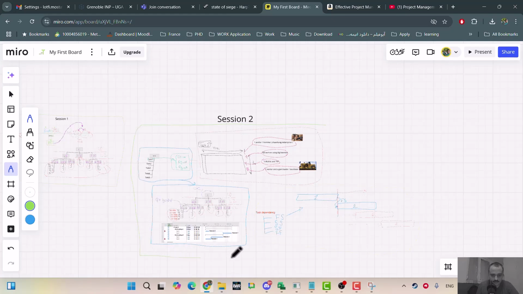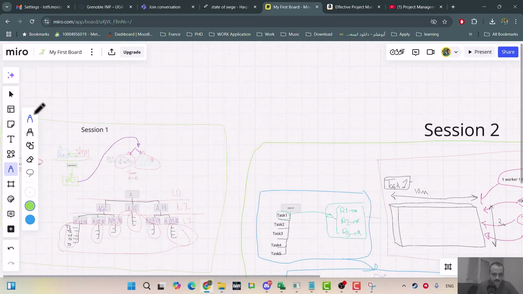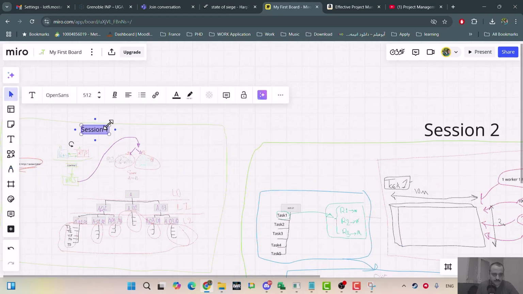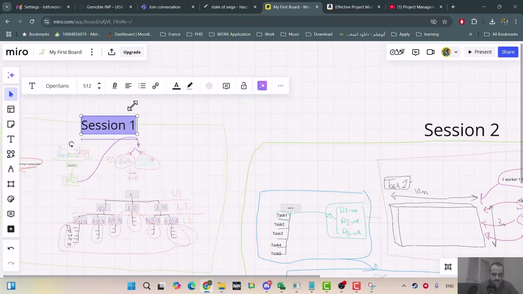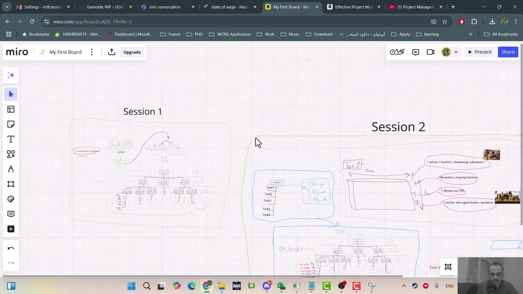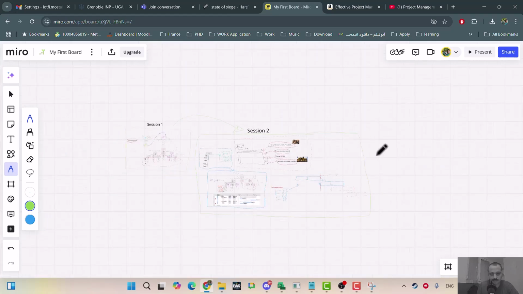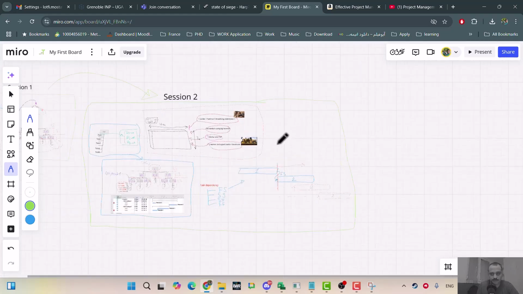Okay, this is session 2. Maybe increase this one also. This one was session 1. Okay, if you need the file I can share it with you, but I found this tool very handy and nice. I really like it, and I'm going to use it